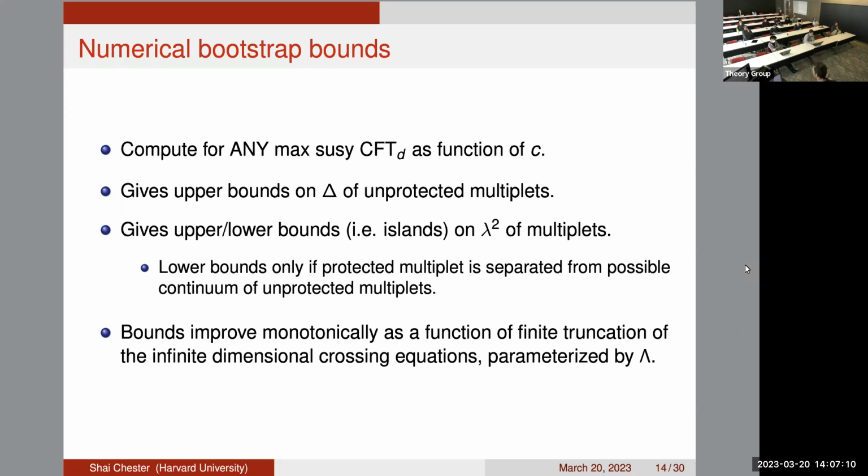So let's parameterize that truncation by something I call capital Lambda. And the point is that as you increase Lambda, the bounds always get better and better and better. And this is what makes the numerical bootstrap rigorous. Because if the bounds were just fluctuating, then we would have no expectation that the bounds would always get better. And this is one of the big advantages that the numerical bootstrap has over other numerical non-perturbative methods, say